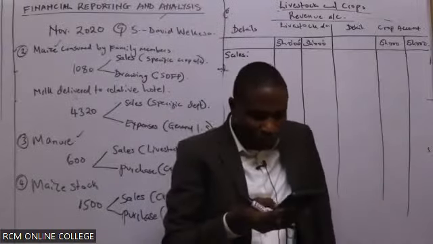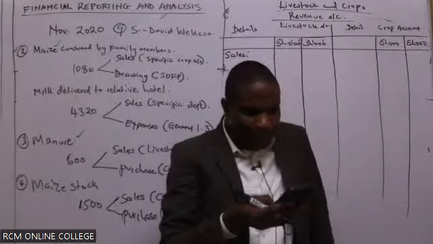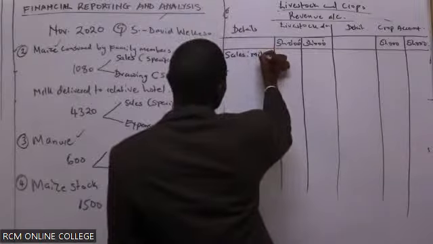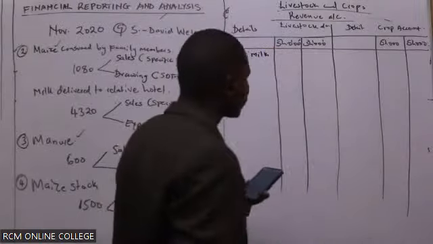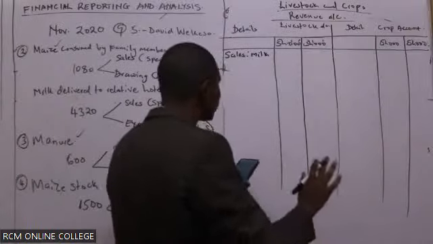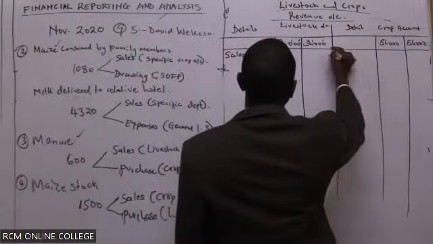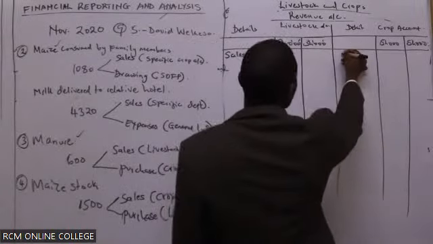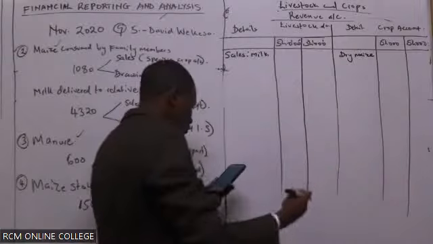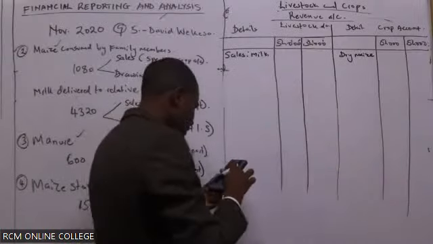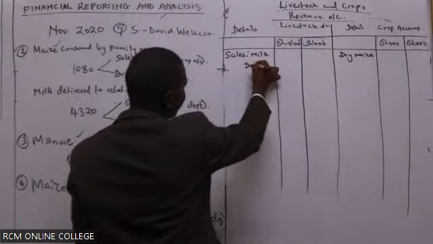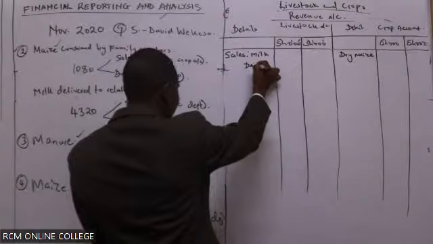Milk, thank you so much. So we look at where we have sales. Milk, I see milk. Let us put them all and then we record them. We have milk. We have dry maize, no. So dry maize will come there. Allow me not to repeat sales. We know that we are dealing with sales. Dry maize. Concurrently, to finish these things once. Then green maize, still there. Here we have daily. I have to check that. Daily cattle.